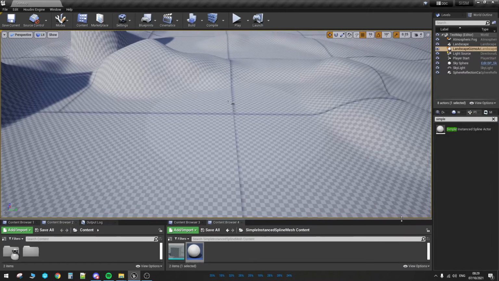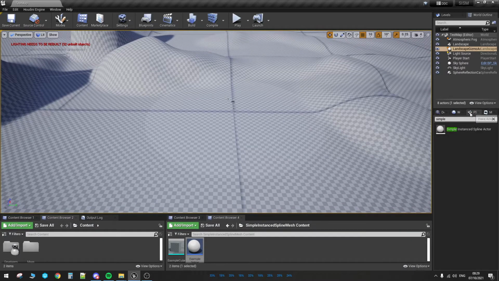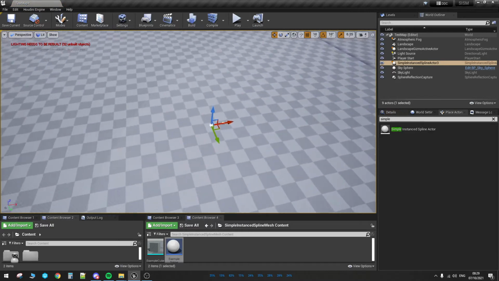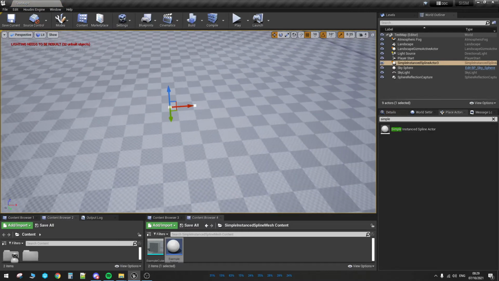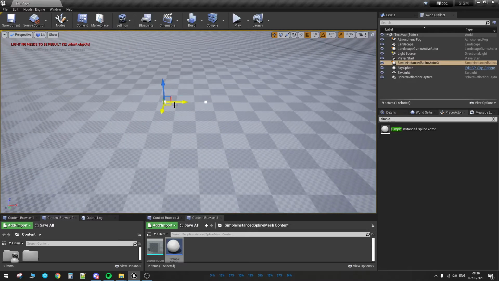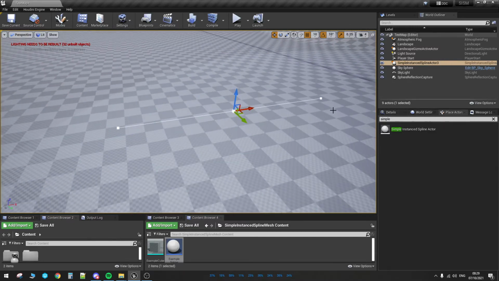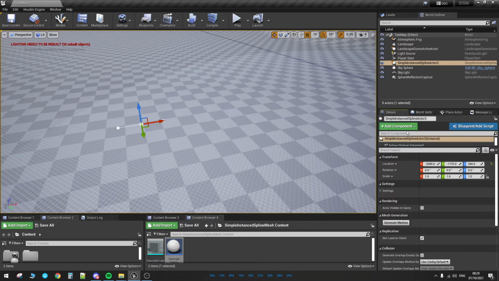There is not much you have to do, obviously, but you can access it from the place actors tab, and you just type simple and it's going to be called Simple Instance Spline Actor. You just drag and drop it in a level. As you can see, there are 2 points over here. If I grab the second one and move it around, it's just like a regular spline, right? Now, I'm going to put it back to be very short, and then